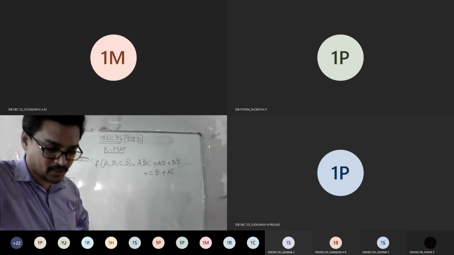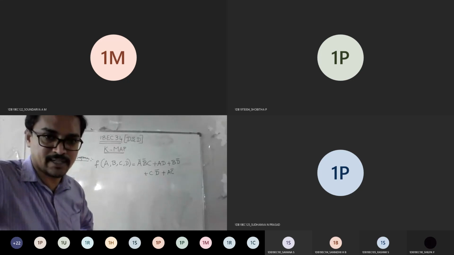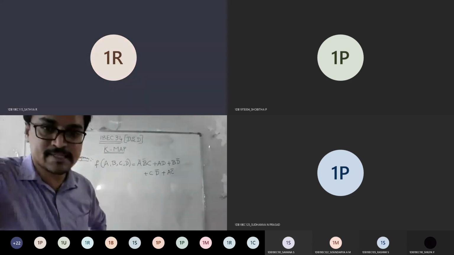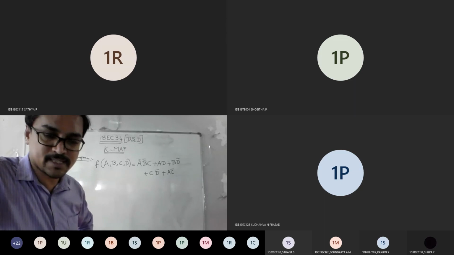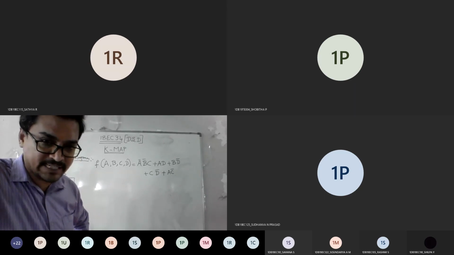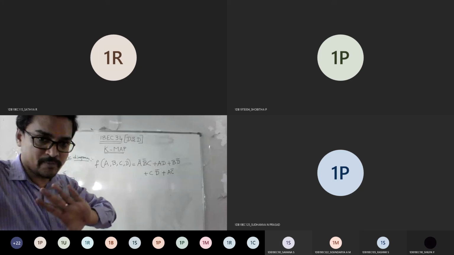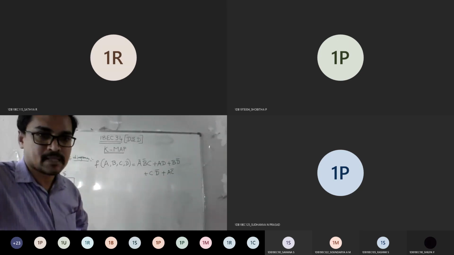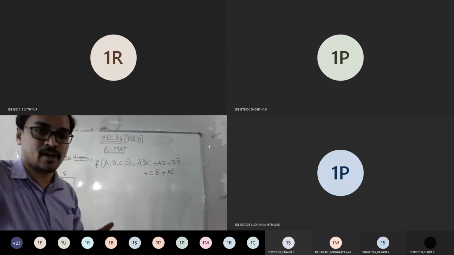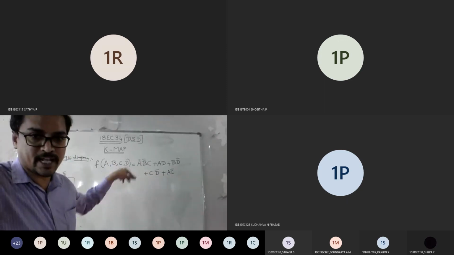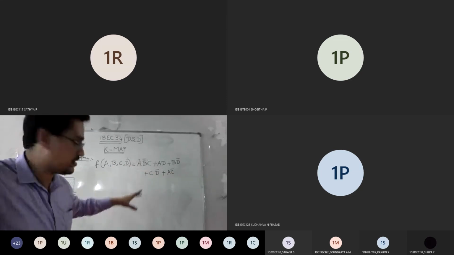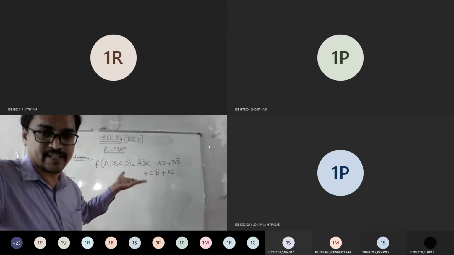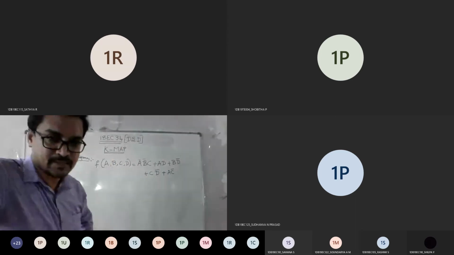So you need to do something called reverse engineering now. Let me see how many will tell the answer. Sir, canonical? No, the question clearly says using K-map. You are not supposed to find the missing terms and apply canonical logic here. That problem is different. You only need to solve this using K-map. Think, it's like reverse engineering. They used to give a question and you used to write the table. Now they have given the final answer. Go the reverse way: from the final answer, how to get the table.